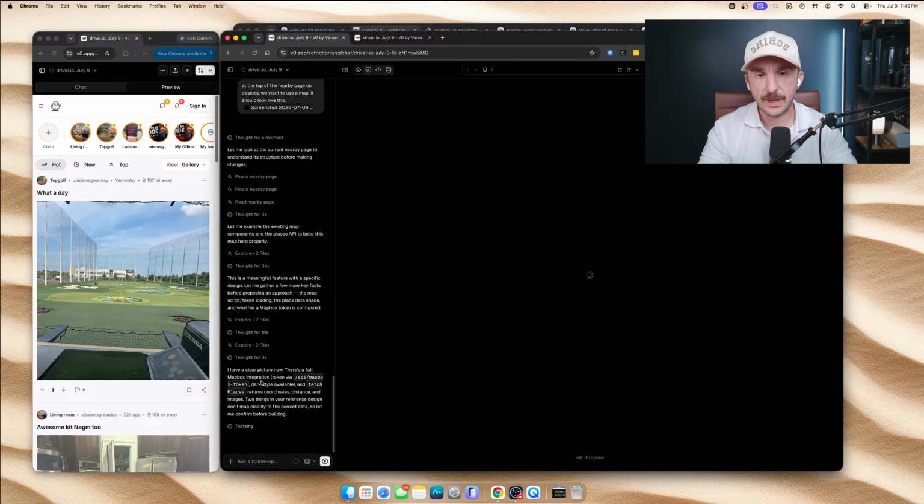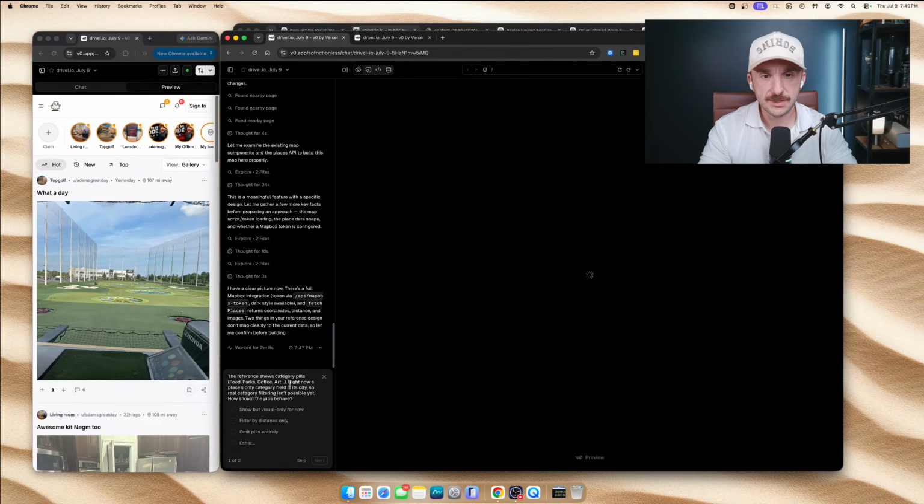Clear picture, there's a full Mapbox integration, API Mapbox start style available. Okay, the reference shows category pills. Right now, food's only category field is its city, so real category field is impossible yet. How should the pills behave? Show, but visual only for now. Yep, that's fine.